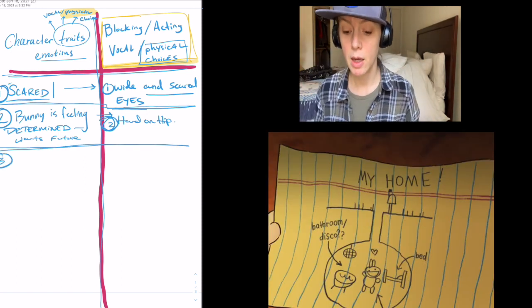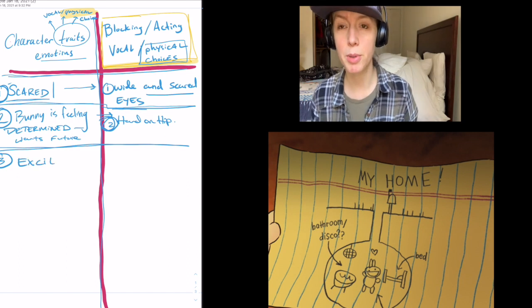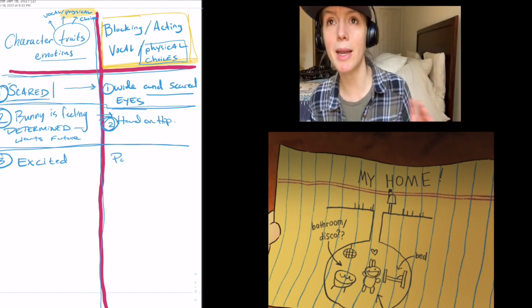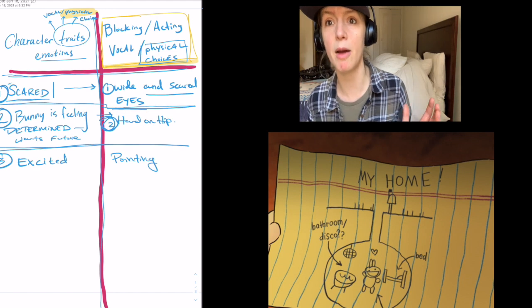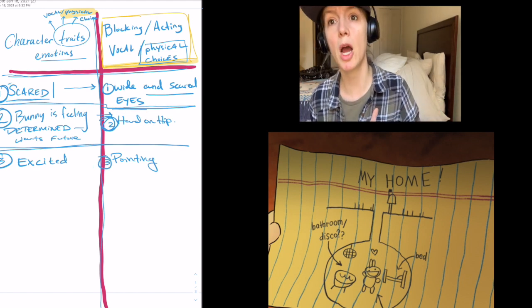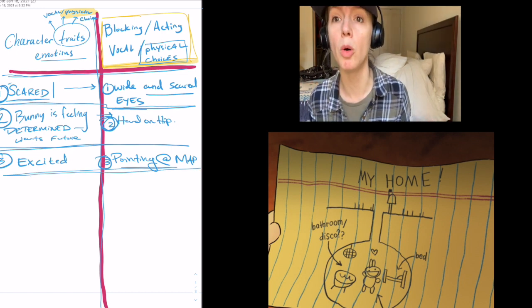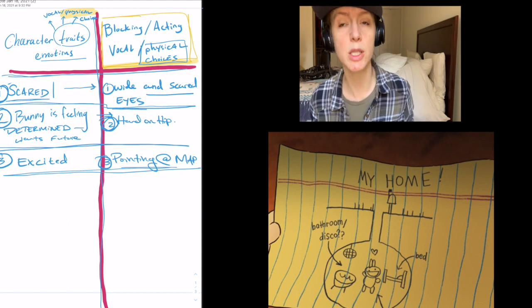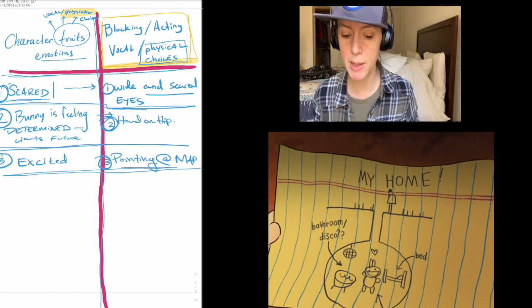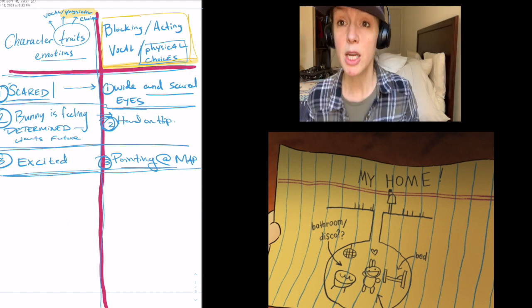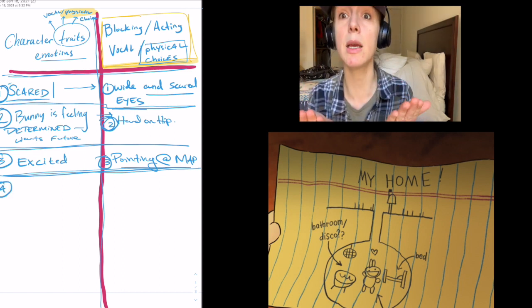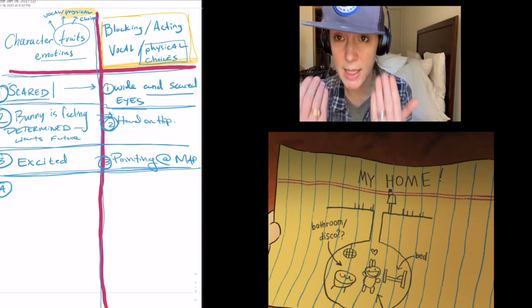Picture 3. We see another prop, right? So you may write in this T-chart assignment that I'm going to have props and they're going to show my audience who my character is. This is what he wants. This prop shows what he wants. He wants a home. And you want your audience, with your vocal and physical choices, to be able to tell what you want. So this rabbit is clearly communicating to us that his objective is to get something.